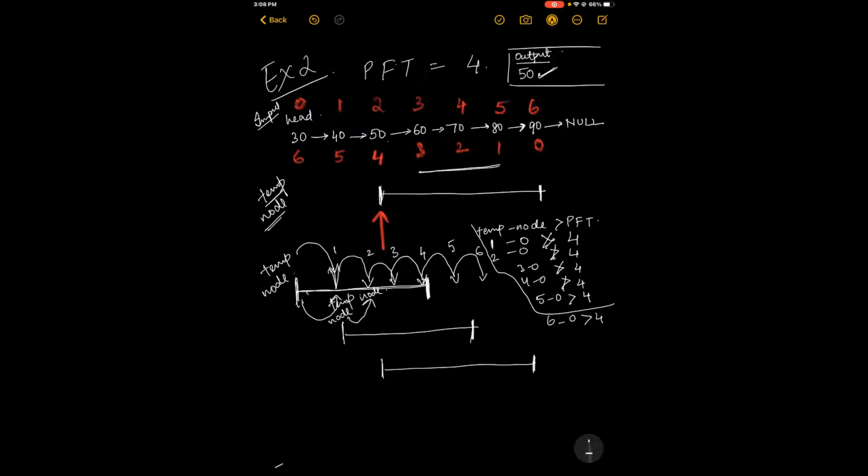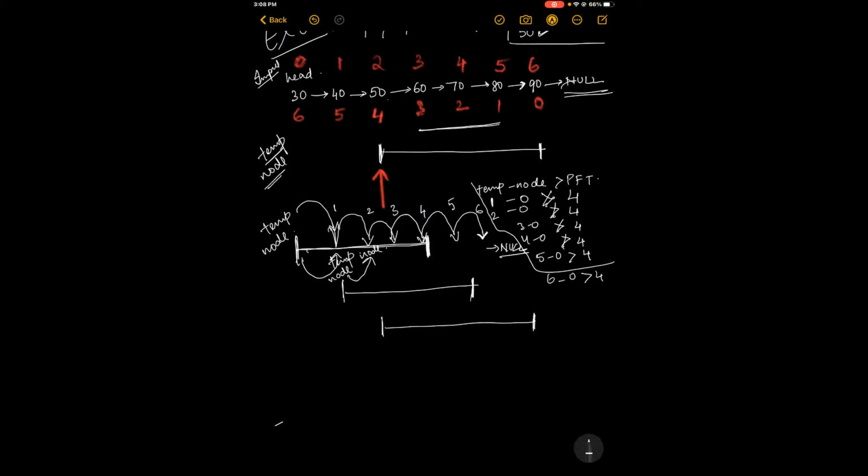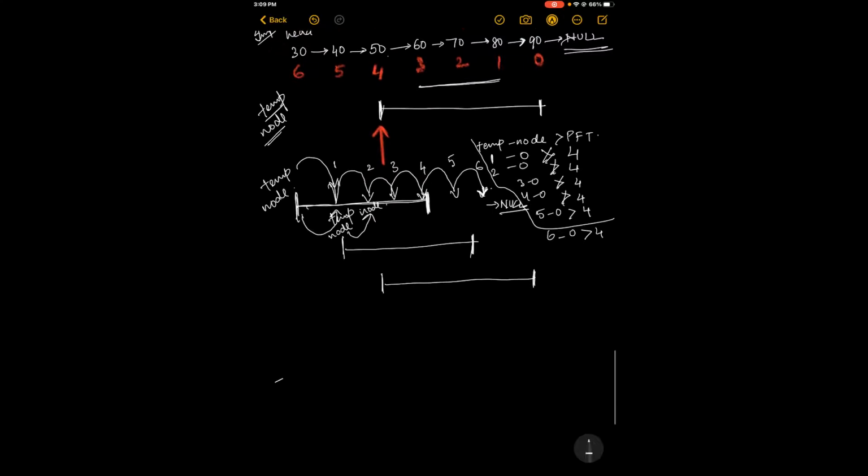And once temp reaches the 6th position, after 6 it is null, as you can see from the diagram at the top. So as soon as this happens, that is the next of temp is equal to null, we will exit the while loop, and we will return the value of the node where this node pointer is present.